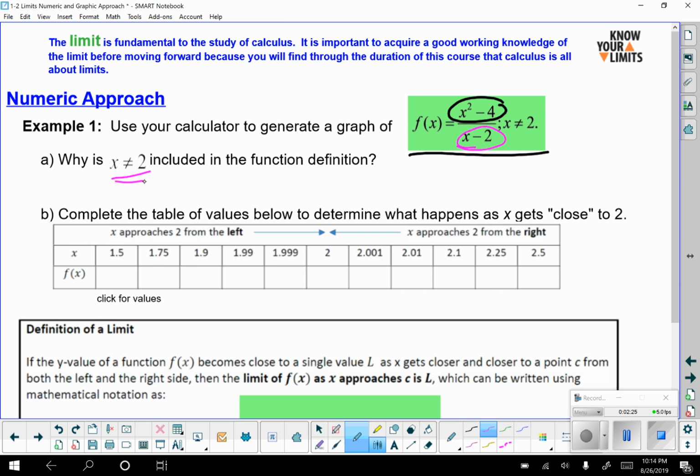So for this function, we see that they're excluding the number x equaling 2, mainly for a domain issue, correct? So why is x not equal to 2 included in this function definition? Well, it all has to do with domain, and the domain cannot include x being 2,